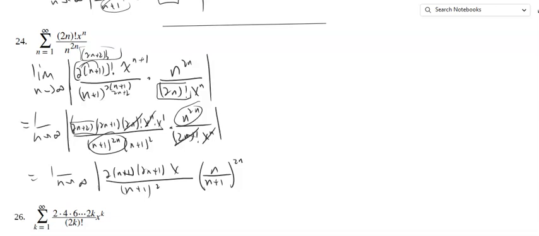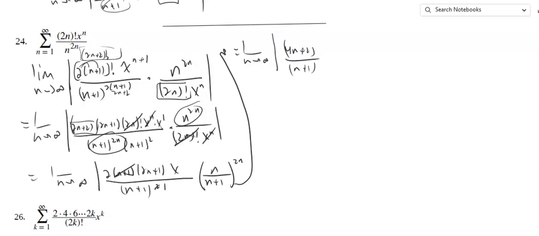Let me make sure I did not leave anything out. Okay, it looks like we're okay. That is the limit as n approaches infinity of, and let's see what that is. One of those cancels with one of those. 2 into 2n plus 1, so that is really 4n plus 2 over n plus 1 times x times 1 divided by 1 plus 1 over n